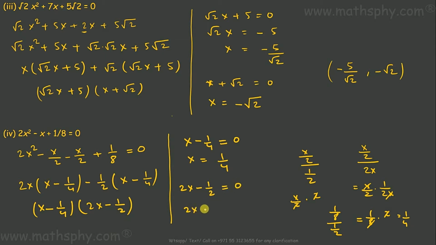So 2x is equal to 1 over 2, so x will be equal to 1 over 4. That's the root for this equation here. Now this one here, this is